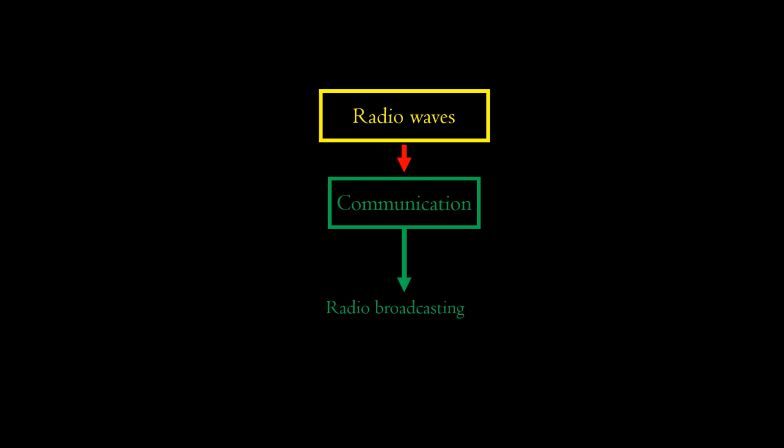Radio waves have the longest wavelength of all electromagnetic radiation. This makes them suitable for long-range communication. Radio waves can also be emitted and received by antennas. Radio waves are widely used to transmit information across distances in radio broadcasting,